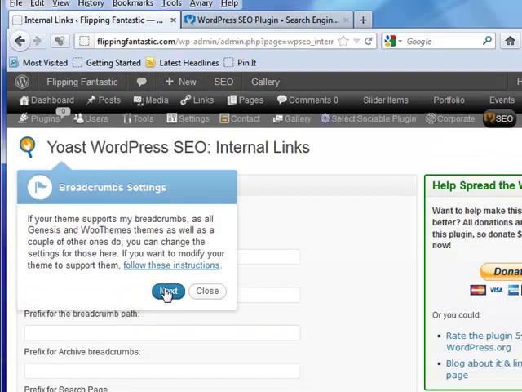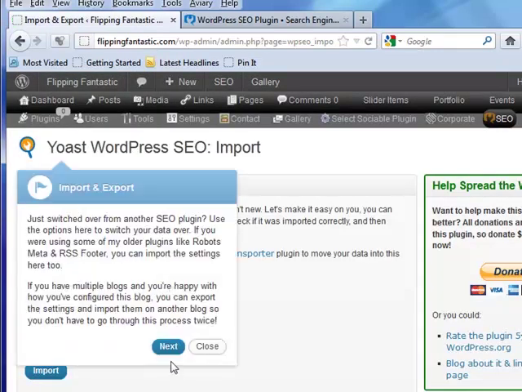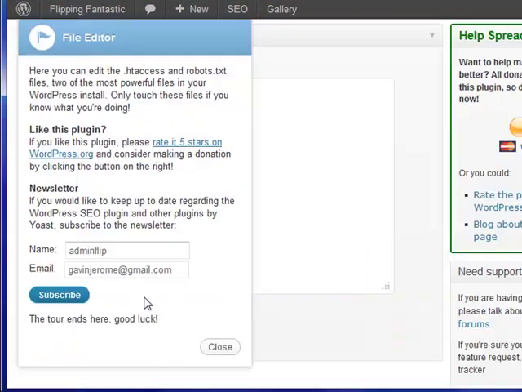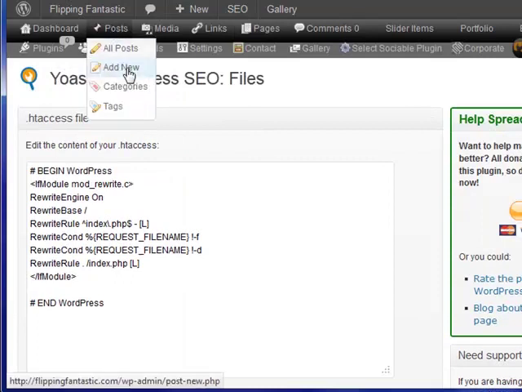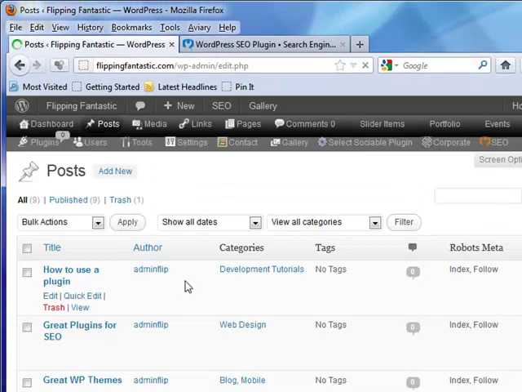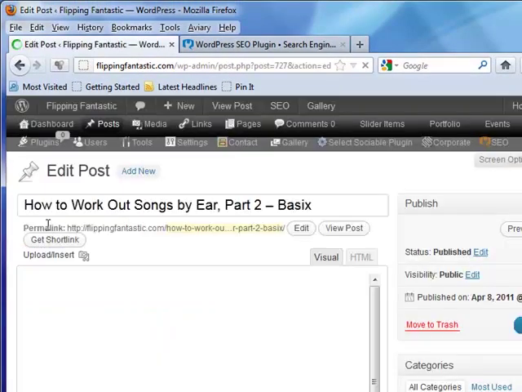And this is breadcrumbs. All of this built into one SEO plugin. RSS settings, you can fancy up that. Import, export. Let's say you already have information from a different SEO plugin, the All in One perhaps, and it talks about the files and tries to get you to subscribe. Let's take a look at what now comes on your posts once you add this particular plugin, the All in One SEO post